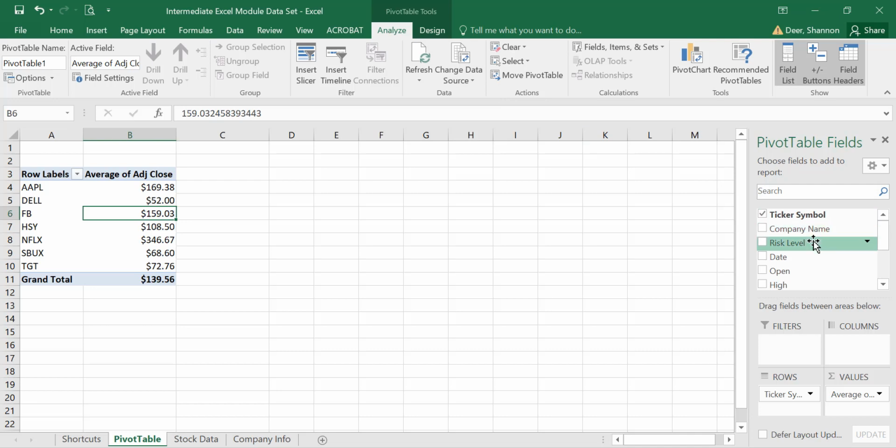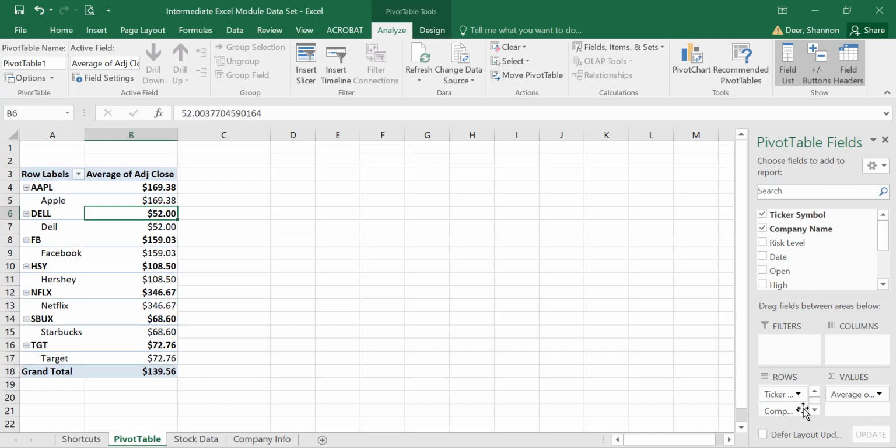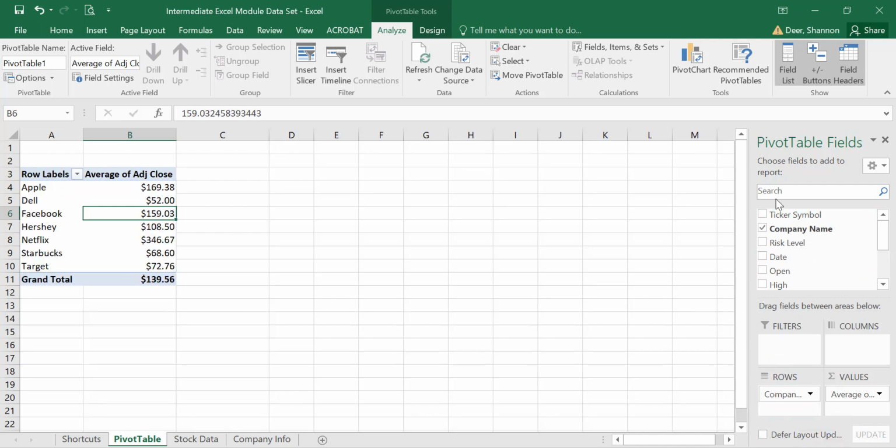for the pivot table. This time, instead of using ticker symbol to represent the company, let's use company name. So I'm going to drag that down here into row, and I'm going to drag ticker symbol out. That's the nice part of a pivot table, is I can continue to move it around like that. Even during a presentation, I can move it around to show the audience a different perspective on the data. So right now I'm showing average adjusted close for each of the stocks using their names instead of their ticker